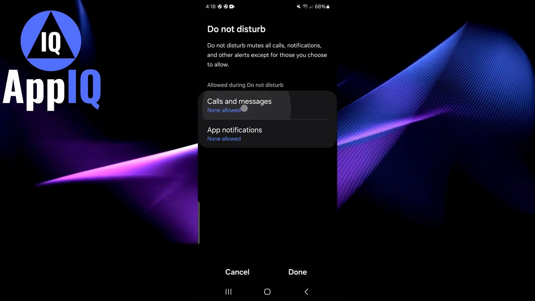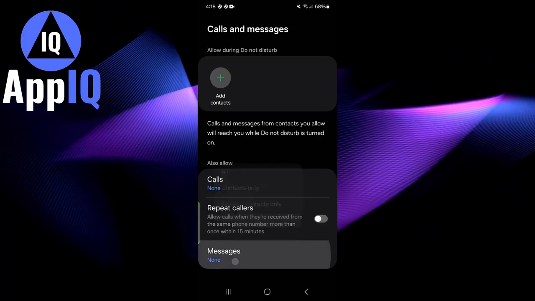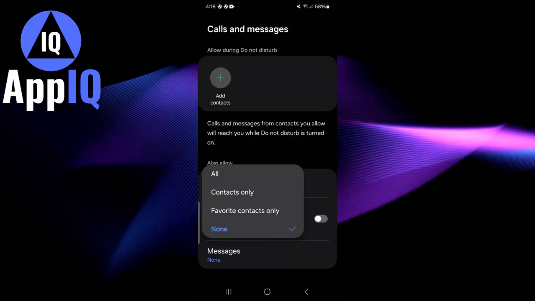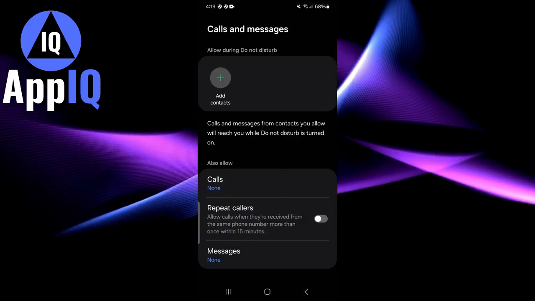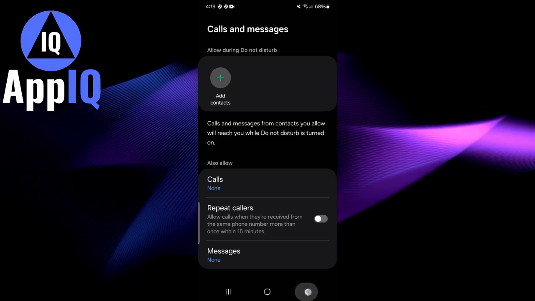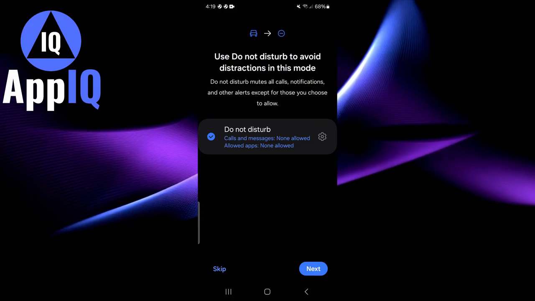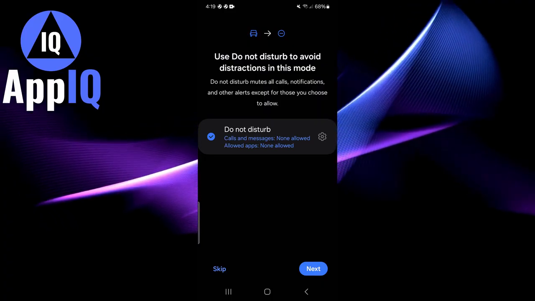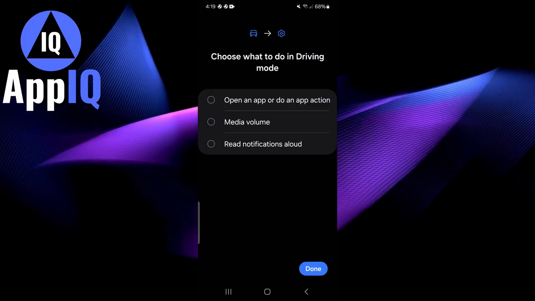Right, the same goes for call and messages. You can do the same here. You can basically tap on call or messages. You can do that and you can set it for all, and you can also do the same for your calls as well. So you can easily set whatever you want and then basically allow it. Now once you're finished, just simply tap on done and you see that you have the do not disturb there set up. You can go ahead and click on next,